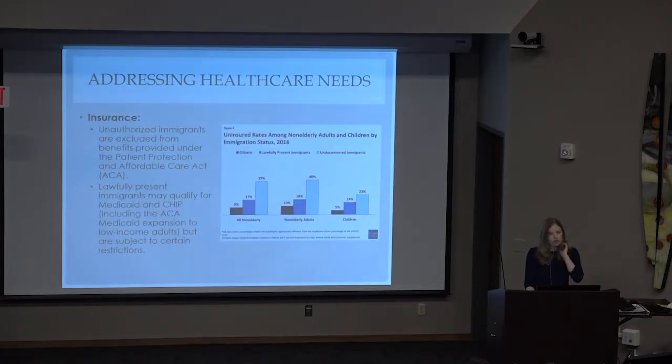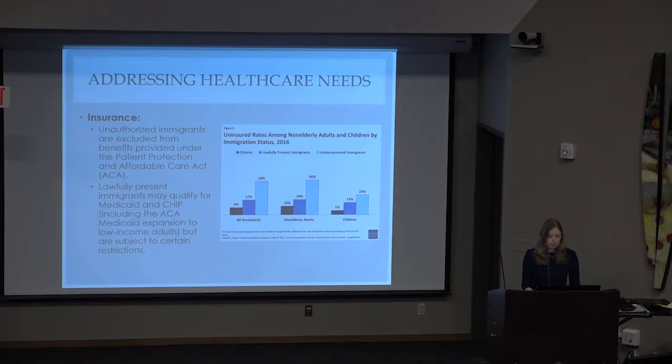A huge barrier to medical care is lack of insurance. Unauthorized immigrants are excluded from benefits provided under the Affordable Care Act. These barriers to access result in refugees receiving fewer preventative healthcare services, including prenatal care, and poor reproductive health outcomes. There are exceptions, including Medicaid payment for emergency services in some situations. Since 2002, states have also had the option to provide prenatal care to women regardless of their immigration status. There are also state and locally funded healthcare programs that provide coverage to some groups of immigrants regardless of their immigration status.